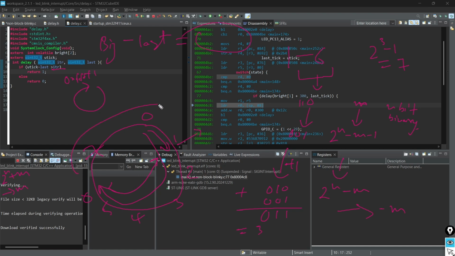Instead, it will take this distance, which is 3: 1, 2, 3. So that is how, using unsigned subtraction, we have default overflow protection. Even if the current tick goes below the last recorded tick, it will always measure the distance between them as if the signs were proper between them.